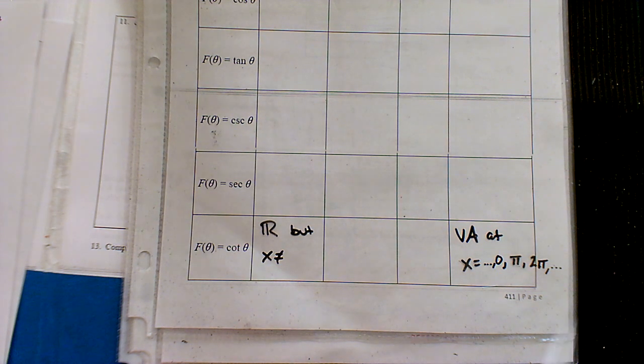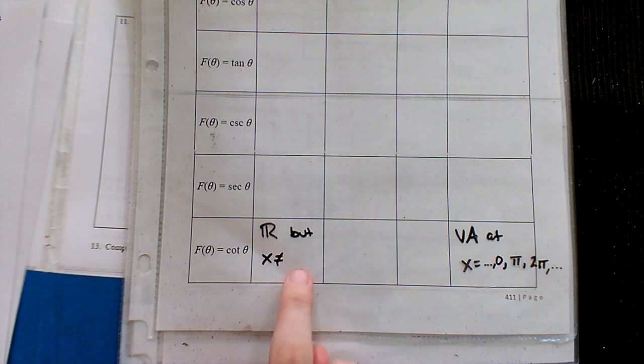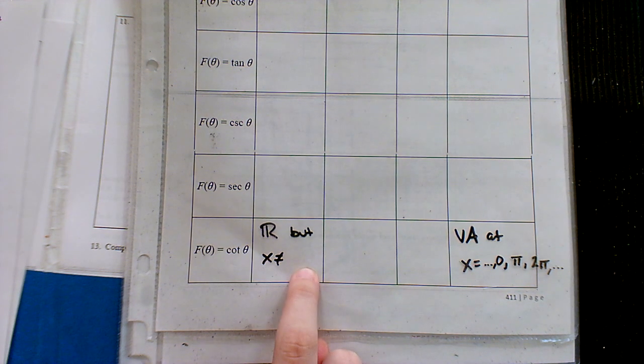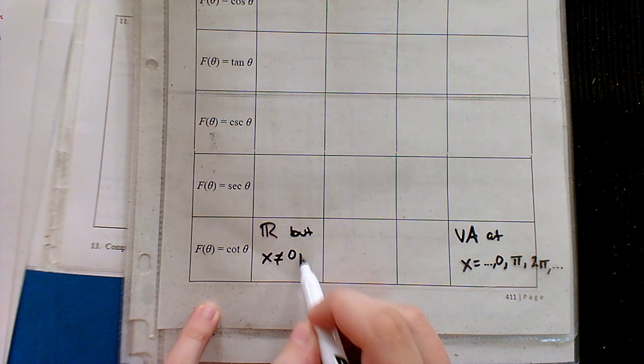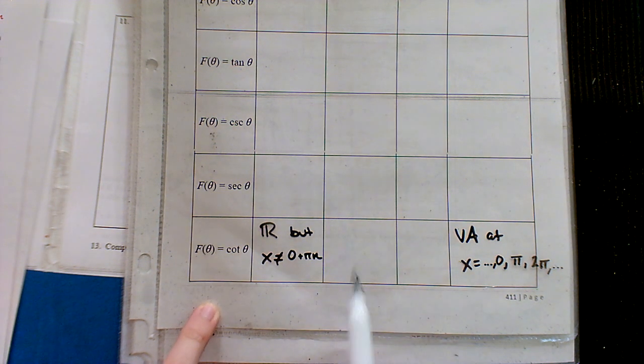So with those numbers listed, we're going to try to figure out a rule that would give us the location of any vertical asymptote on a graph. You want to do it? Would it be 0 plus pi n? Love it. How'd you get it? That's good. So I picked a vertical asymptote 0, and